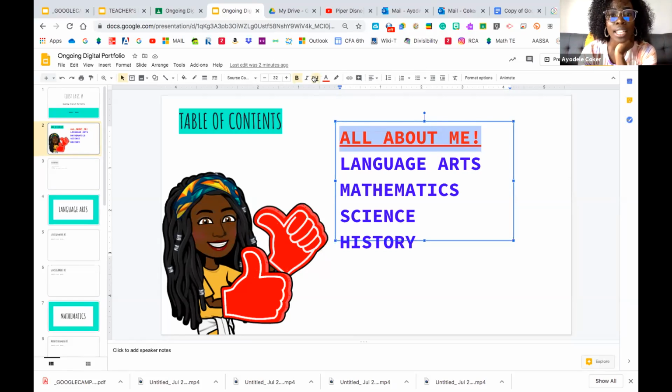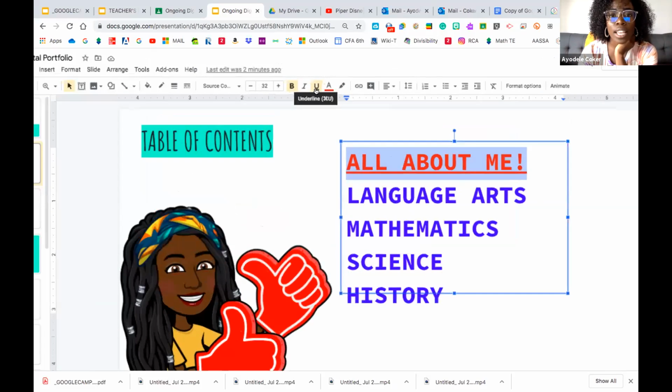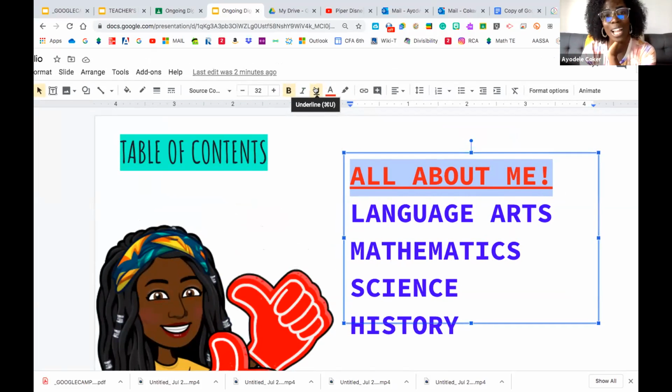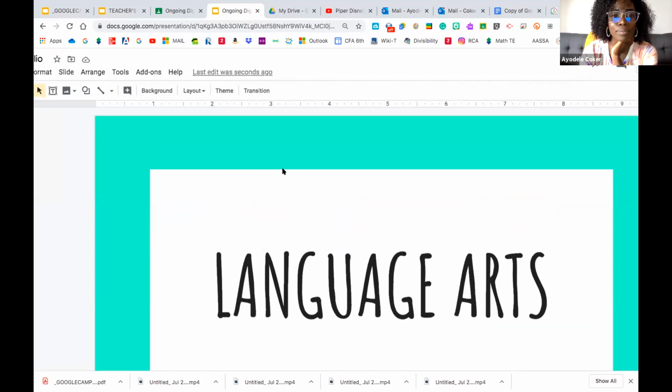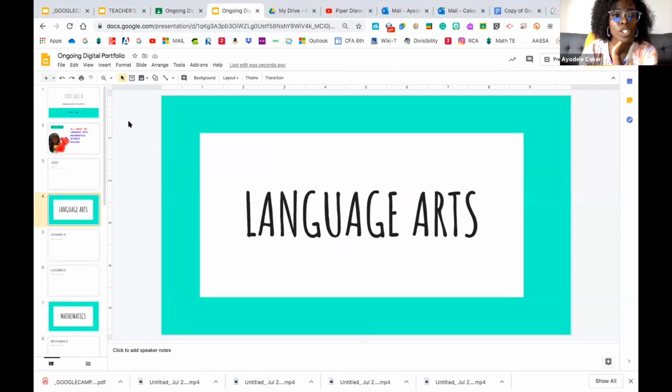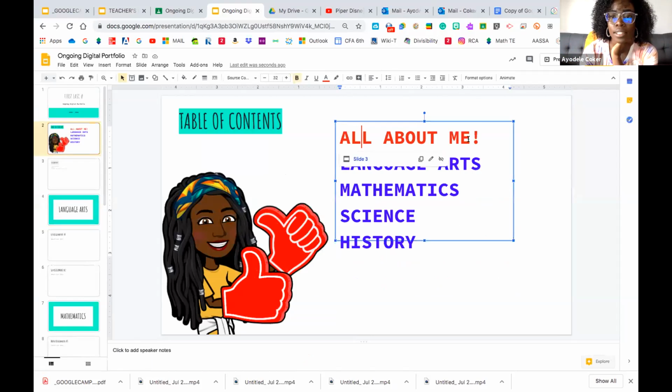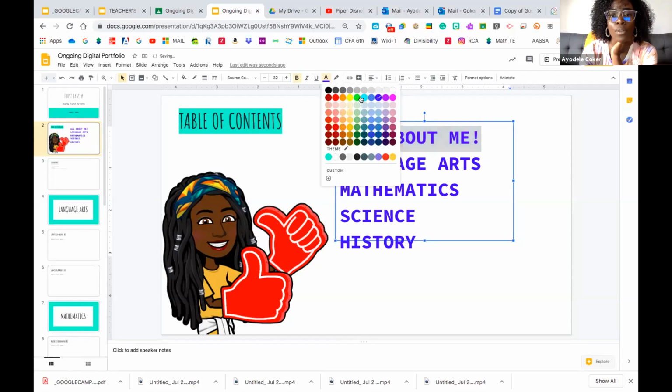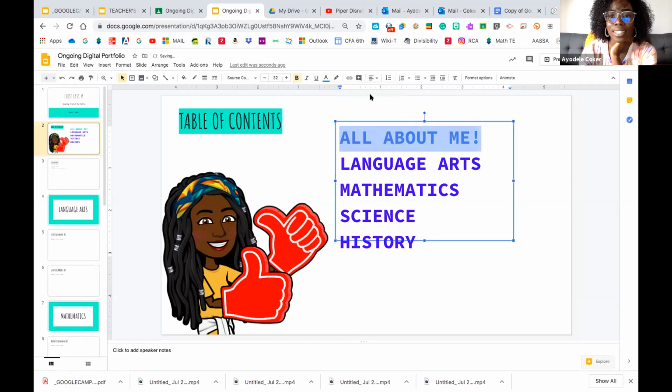You're just going to highlight it, and I'm going to come over here and underline. So select that underline button because it was selected, and look, the underline is gone. I can even change it back to blue if I want. Remember, don't delete. Let's make it aqua for now, oh no, that's too light. Let's make it a different color just so you know.